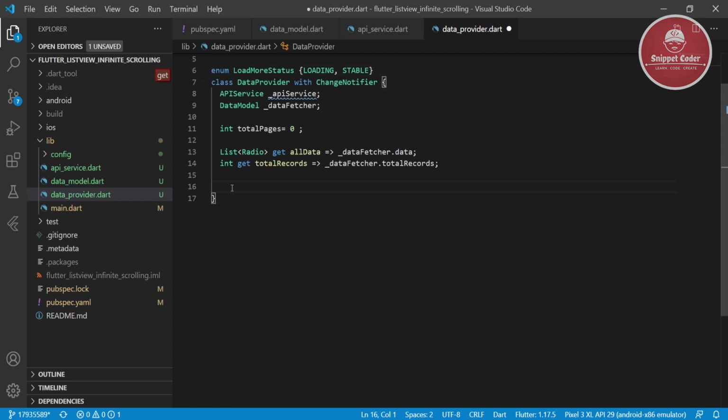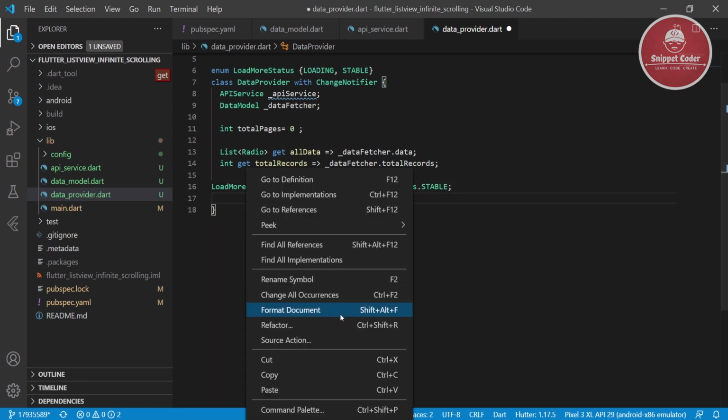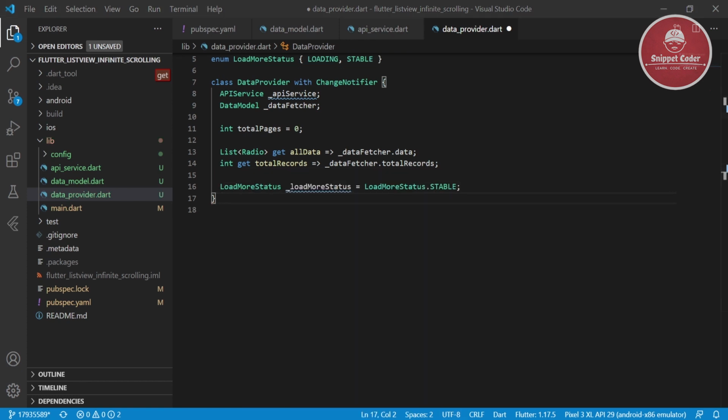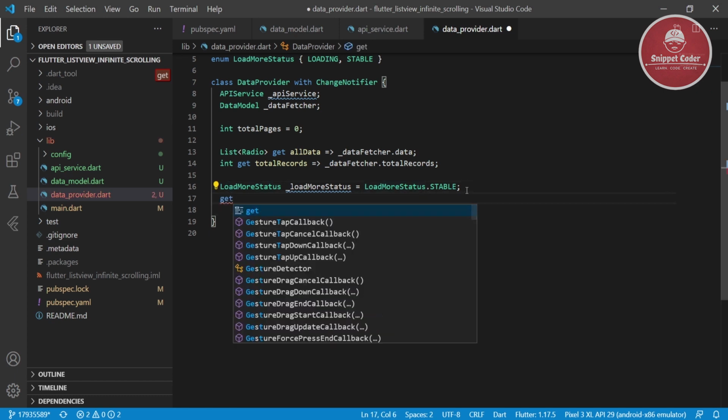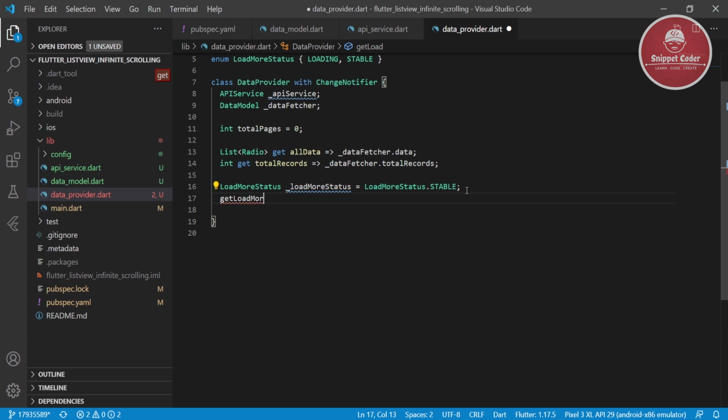Now we will add the variable loadMoreStatus, and we will initialize it with LoadMoreStatus.stable. Then we will add one method, get loadMoreStatus.